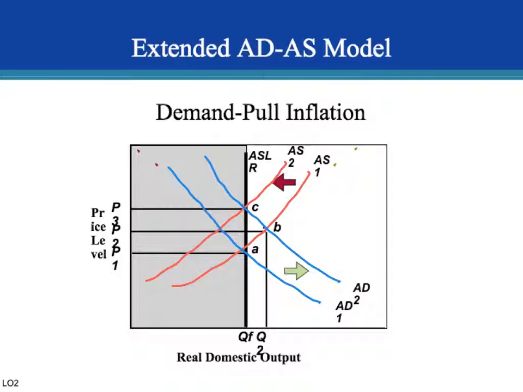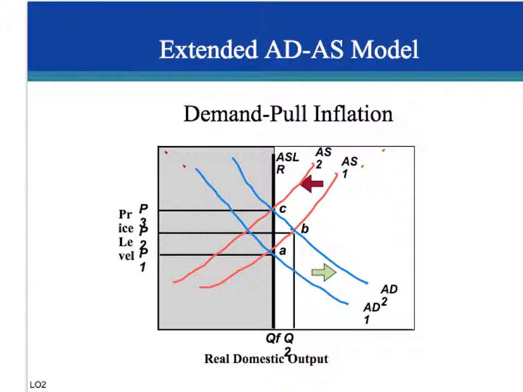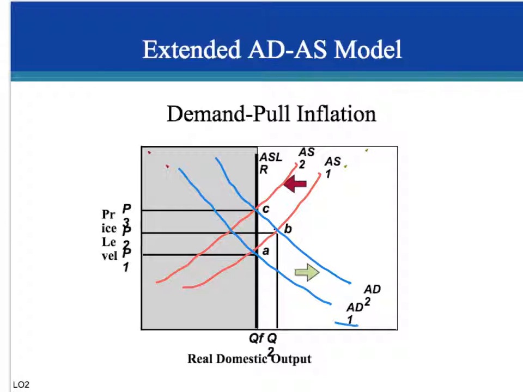So due to an increase in aggregate demand shifts to the right. So we go from AD1 to AD2. Okay, and so what we see here is that we're at point B, where output is above potential output,